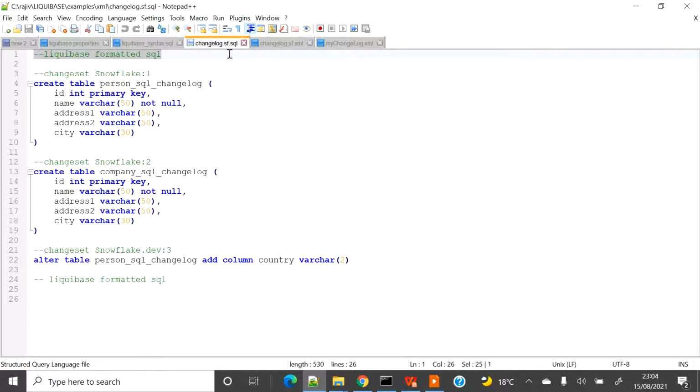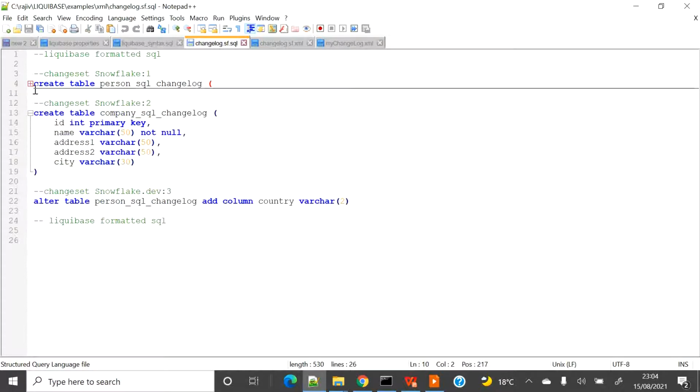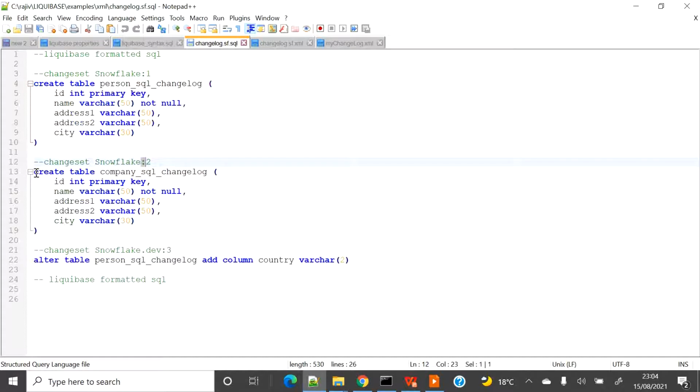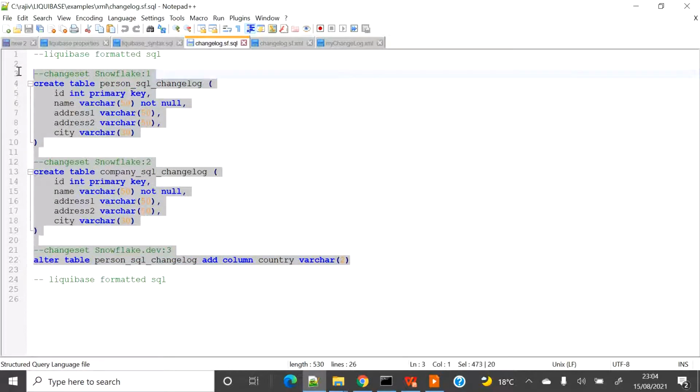This will be the first line, and then the change set, the change set name and change set ID, and then you can start providing your SQL statement or the DDL statement. In this change log, I'm going to create three change sets. The first change set will create this table, the second change set will create this table, and the third change set is going to alter the first table. So basically, in this change log file, I have three different changes to apply.